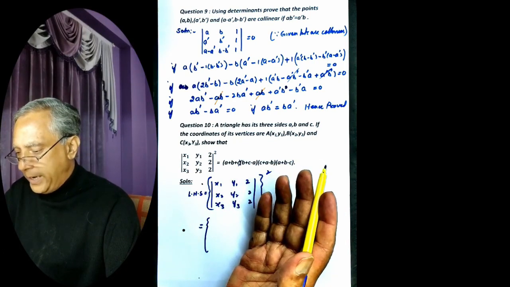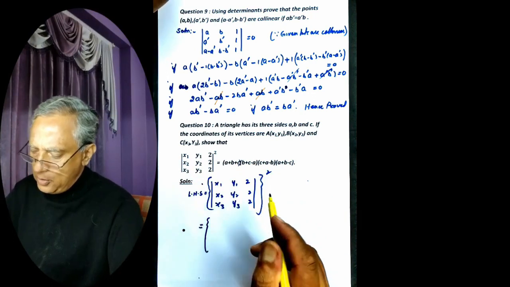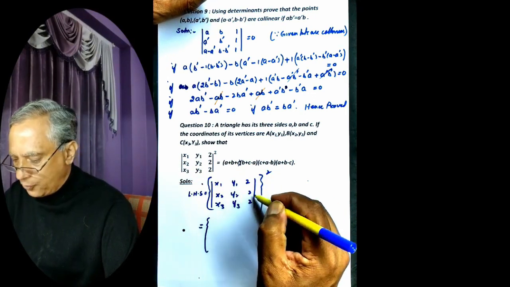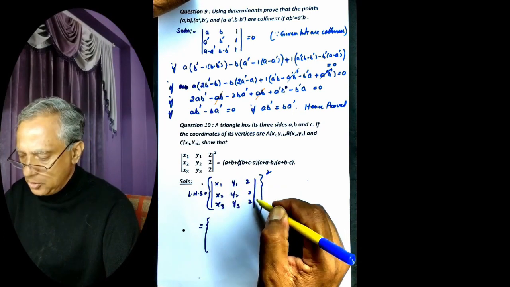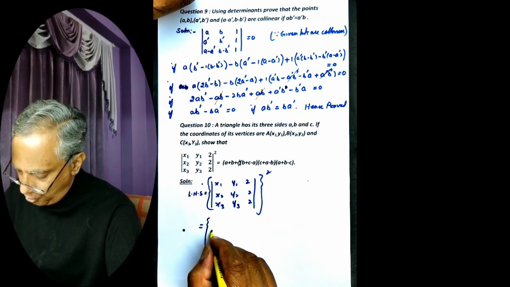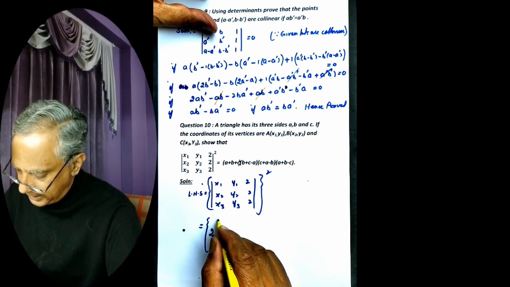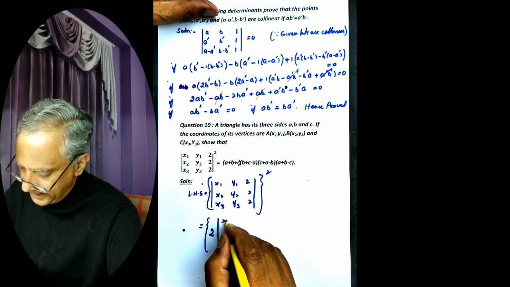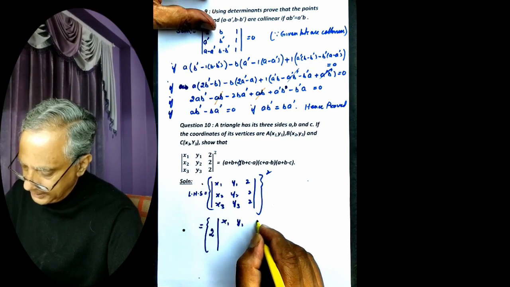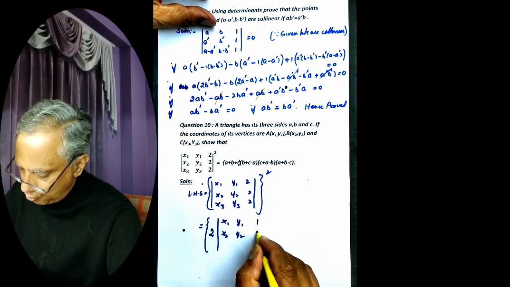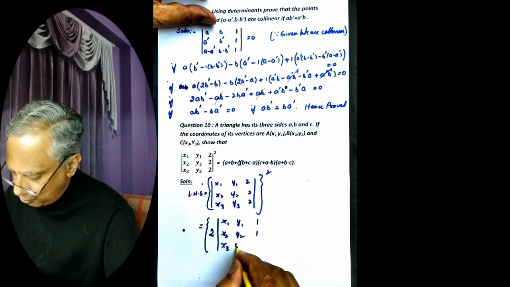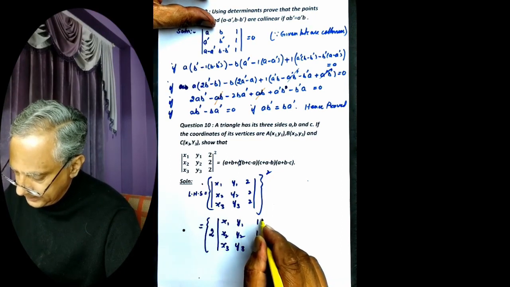So in order to take common from a determinant, we can take common from a single column. So 2 will come out, and we will be left with x1, y1, 1, x2, y2, 1, x3, y3, 1